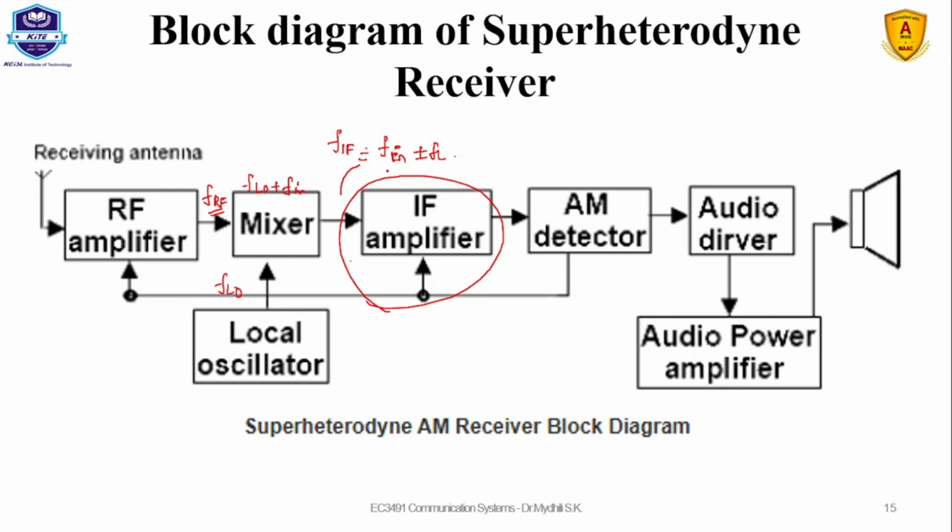This results in simultaneous reception of two signals differing in frequency by twice the intermediate frequency. Sometimes the mixer is not able to distinguish between the desired frequency, which is to be obtained,